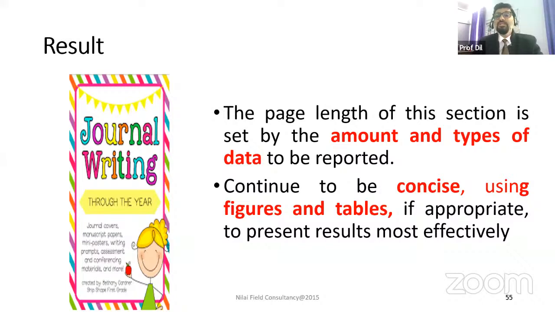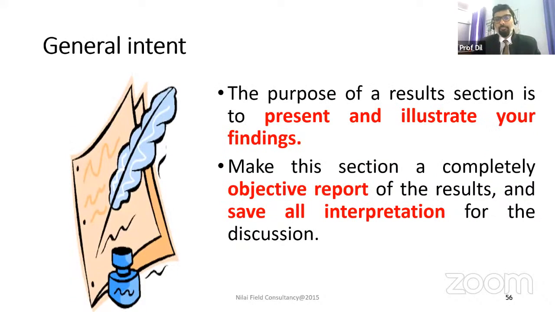This results section is also very important because after measurements, the results come into the picture. So the amount and the types of data to be reported, you should be very careful. Be concise, using figures and tables. And another thing, you need to segregate. I may suggest you follow the hypothesis-based table. Why? Because structural tables are more important than measurement. Of course, you need a little bit of measurement tables like validity, reliability, and likewise. Other than that, don't incorporate anything in the research paper.